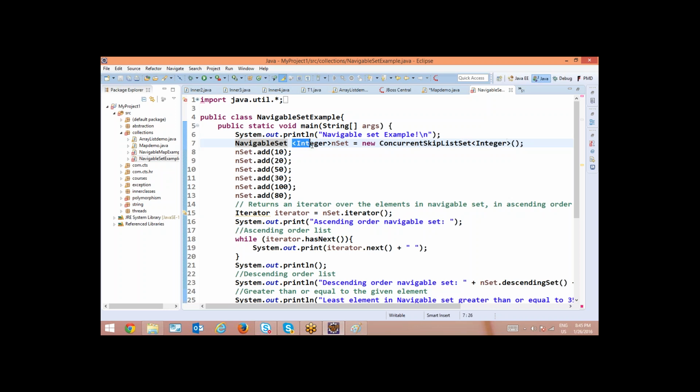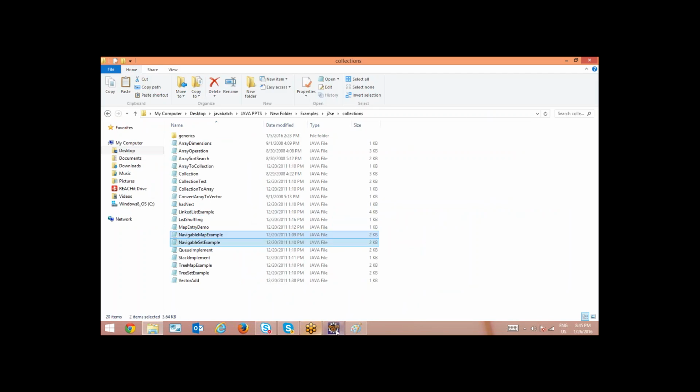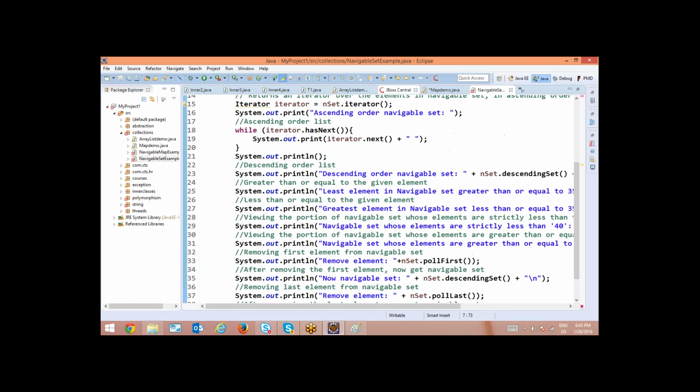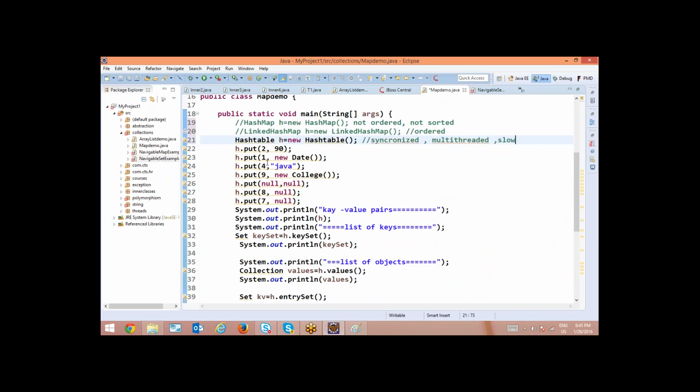And in which we are using this syntax, right? This is called generics. Generics means, if you come here in a normal map, suppose here we are not specifying what type of object we are going to store. You can write these angular braces. You can say key is an integer and value is of type object, because we are storing a date, then null sometimes, integer sometimes, string sometimes. So you can say object.